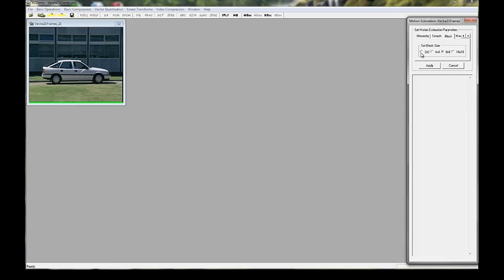It can be 2 by 2 all the way to 16 by 16. Let's say we pick 8 by 8. Then we choose the size of the search region. So it's 15 by 15. That's the maximum displacement that we will allow. And finally, we can step through the motion estimation frame by frame, or we can let the system run on its own. So if we press apply,